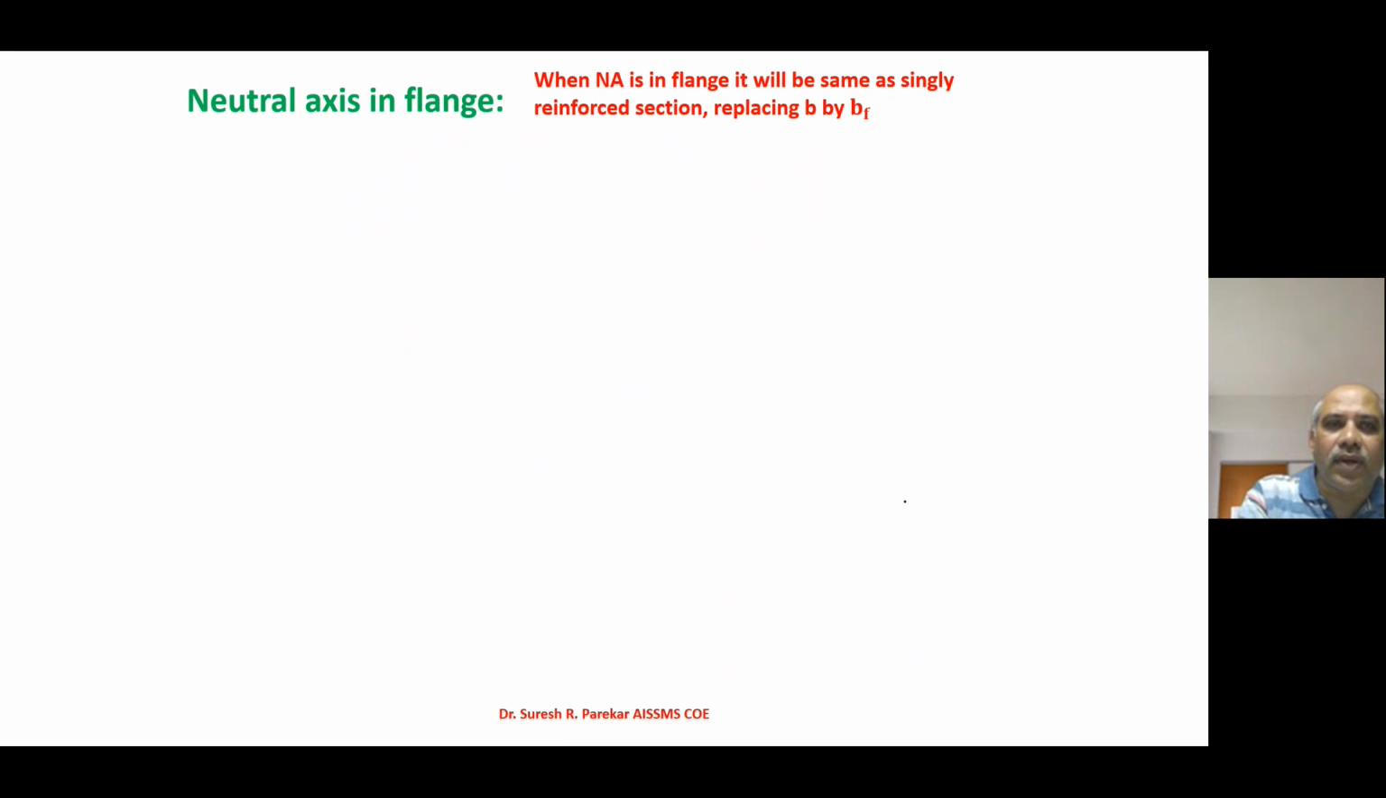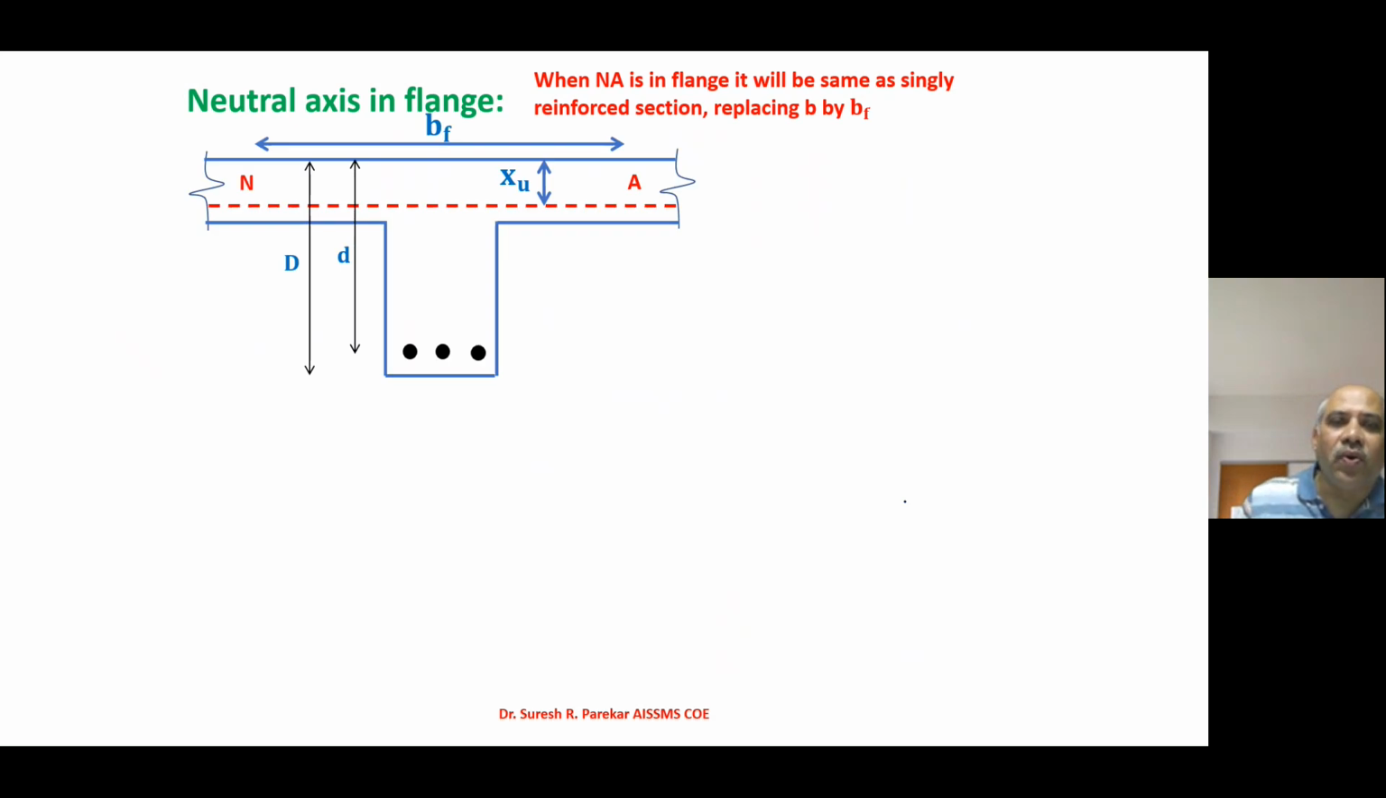So now we can have neutral axis in flange. So when we have neutral axis in flange, we have diagram in this. We have this as neutral axis. This is XU, D, and this is effective depth. So automatically bottom portion we have D dash. So here I have mentioned it when neutral axis in flange, it will be same as singly reinforced section, replacing